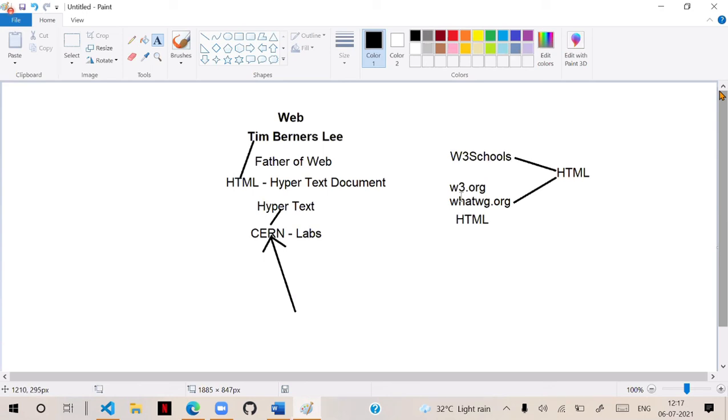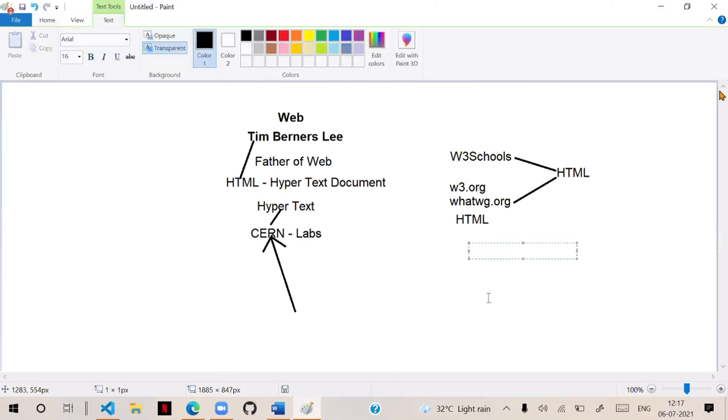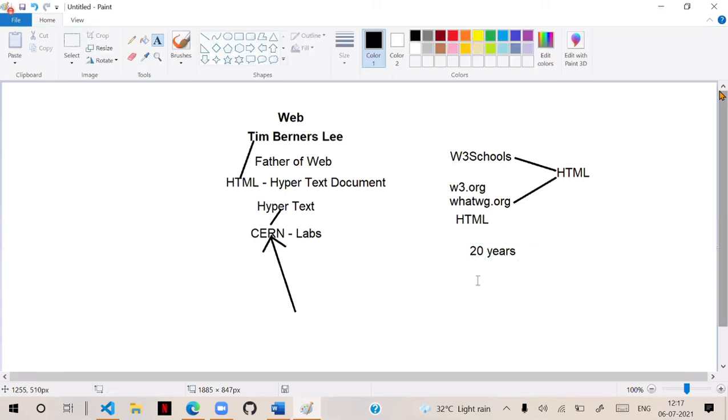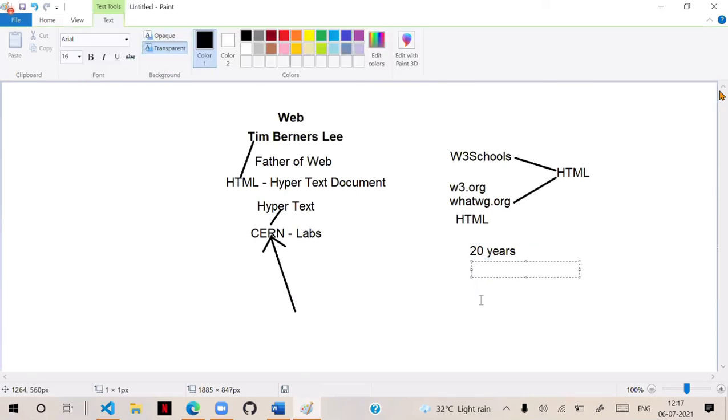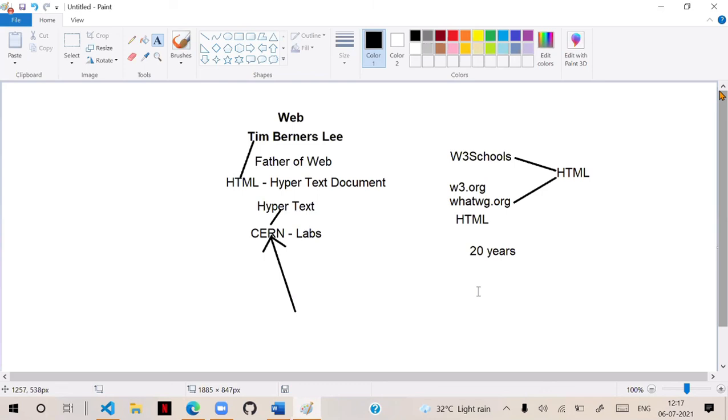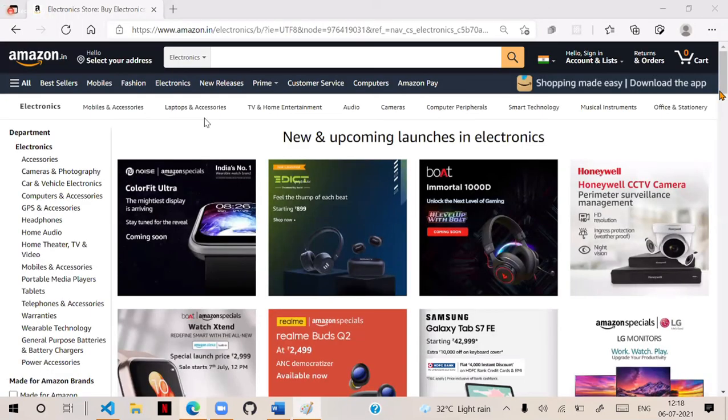What do you think? Are other people greater than the people who built HTML? You say my faculty has 20 years of experience, he taught me HTML and whatever he says is correct. What do you say? That is rubbish, right? So we don't care whether he has 20 years or 50 years of experience. We care only for the people who built it. They are correct. We don't care about anybody else. So that is the reason. The point is you need to go to the people who built it.